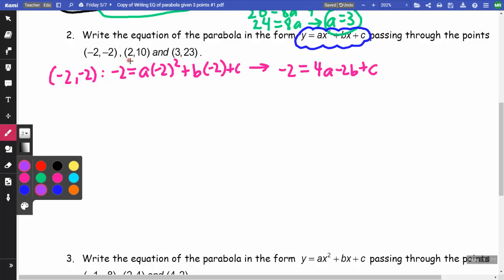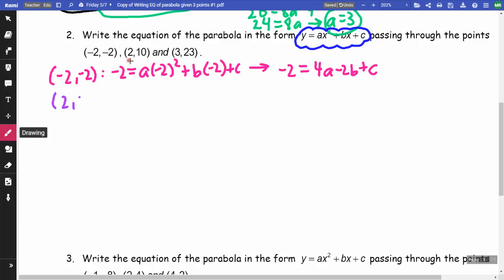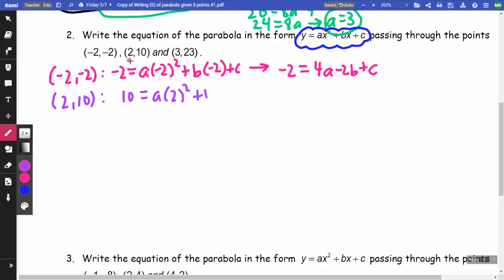And so for that 2 comma 10, I am going to get 10 is equal to A times 2 squared plus B times 2 plus C, which I can clean up to 10 is equal to